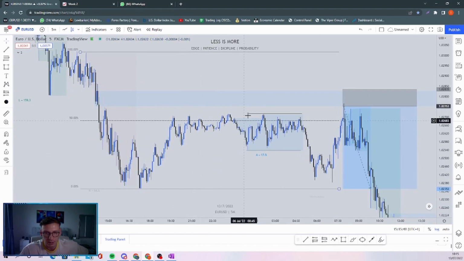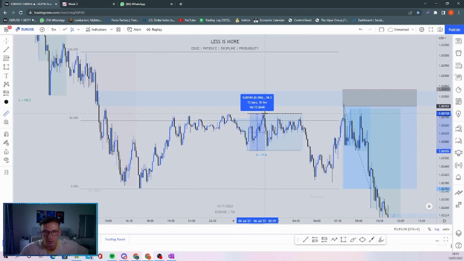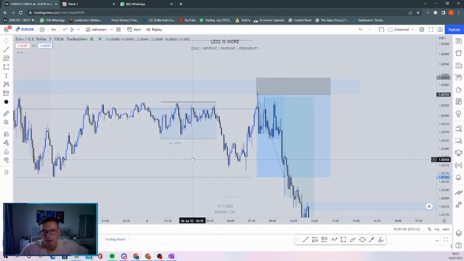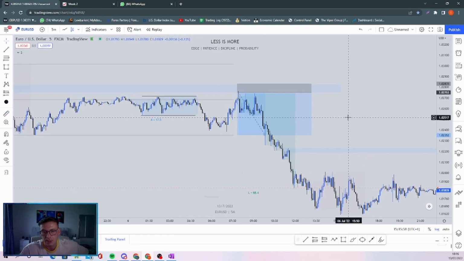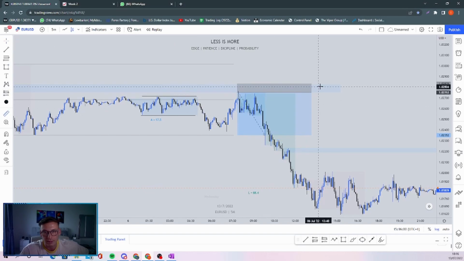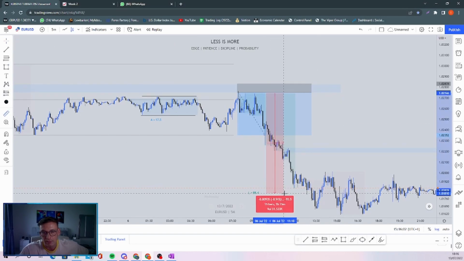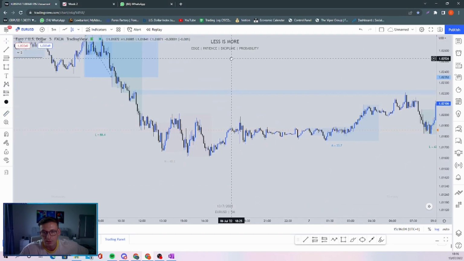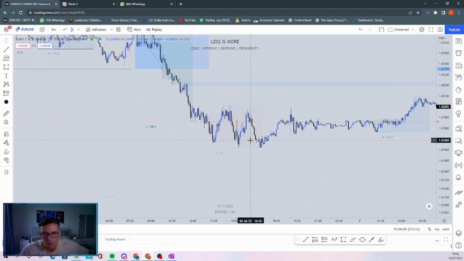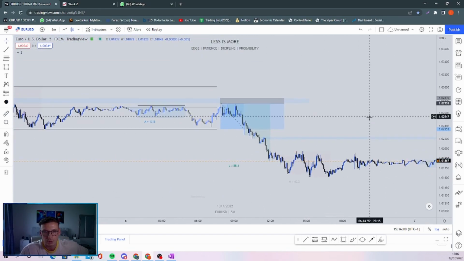So we have this consolidation during Asia. Can you see here, price doesn't really move too much. During the Asia range, what have we ranged? 18 pips. London here is our green range. You can just about see it. What do we range here? 90 pips. And then we kicked into New York. You can't really see my New York because of the screen.